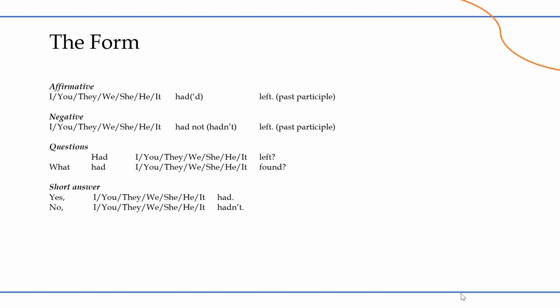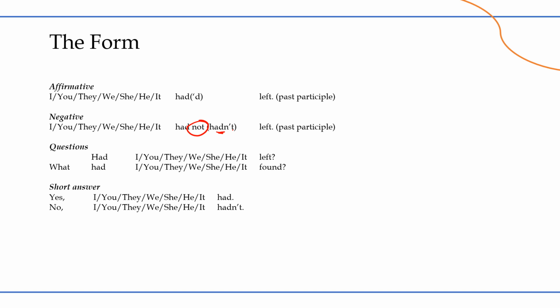The example is left here. I had left, you had left, and so on. And then for the negative: I, you, they, we, she, he, it, had not or hadn't, and then left. That is the past participle. So the negative is the same as the affirmative. In this case, you only put not here after had, or it can be contracted into